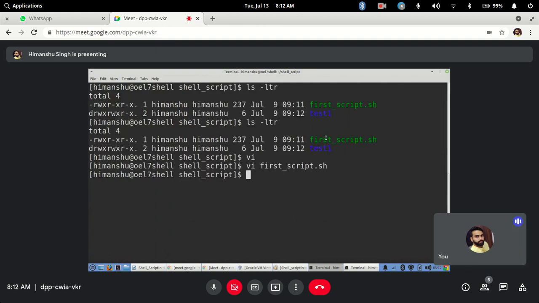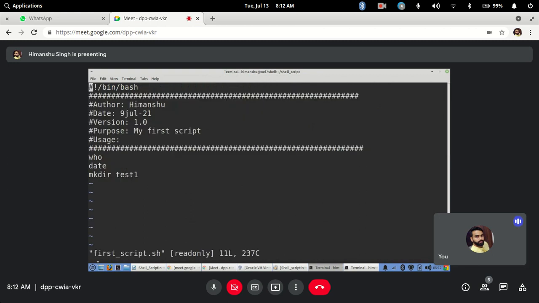Now the same file, if I want to open in read only mode, there is an option for that. Let's say first script.sh. If you see, the file is open the same way, but at the bottom you see it is read only, so you will not be allowed to make any changes to this file. You can just read it.